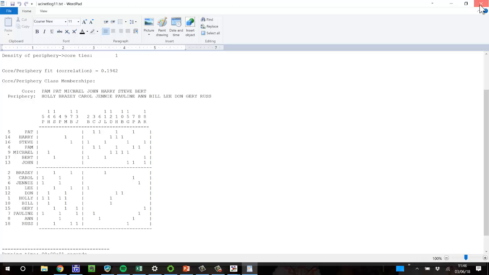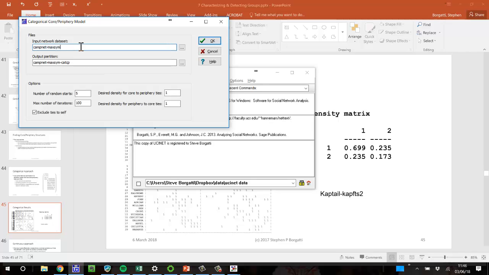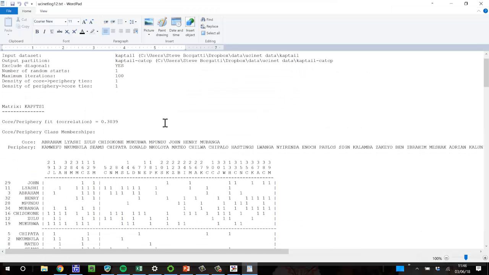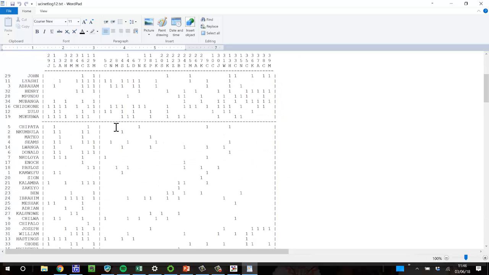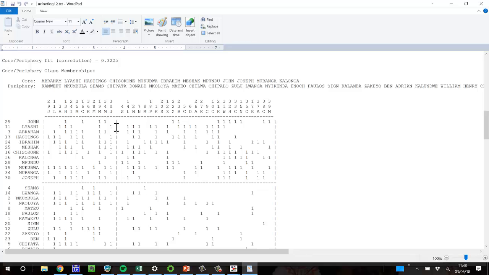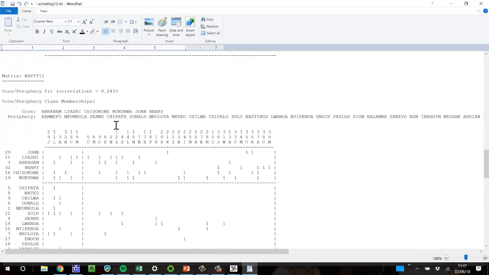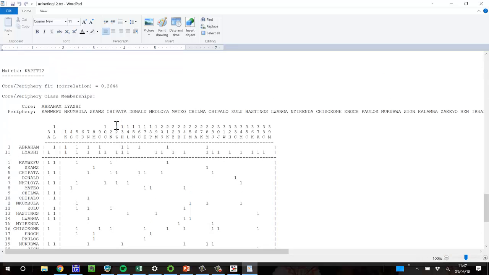Let's now run this. I'm going to close this. I'm going to run the same thing. I'm going to press Alt backspace and change the data set to cattail. And I won't change any of the options. So the last one was what, 0.18 or something? This is 0.303. This is a lot better. The next one is 0.322. That's also a lot better. The next one is 0.24. That's not that good. 0.26. That's not that good. But of course, I still got that thing on where it's trying to get really strong